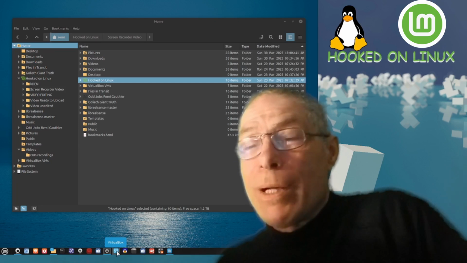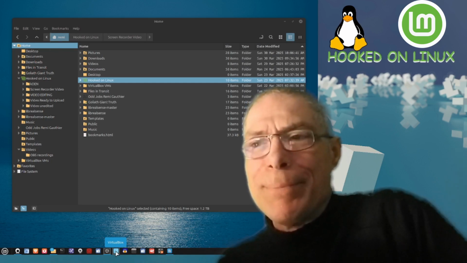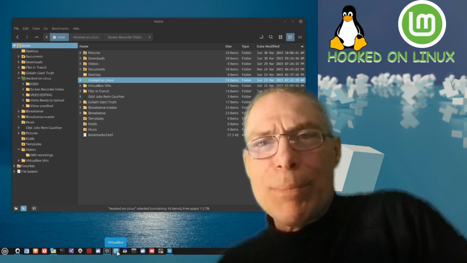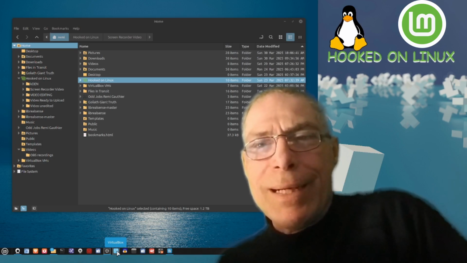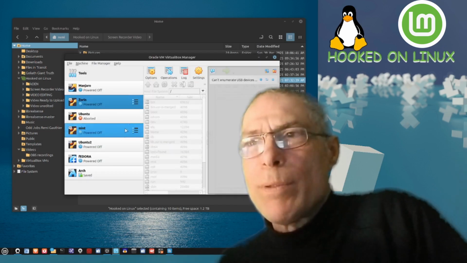VirtualBox, that's an emulator. I started using this a few months ago just to try and figure out if I'm using the best distribution of Linux, or if there's something else out there that I'd get along with better. So let me just boot up there for a second.